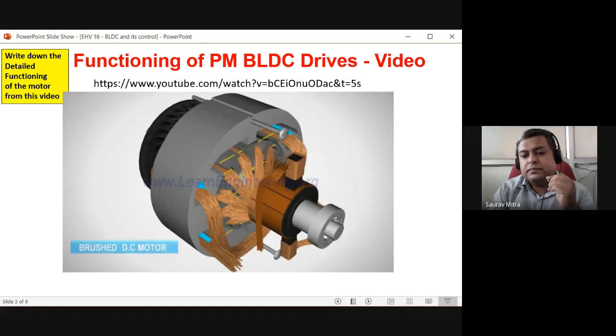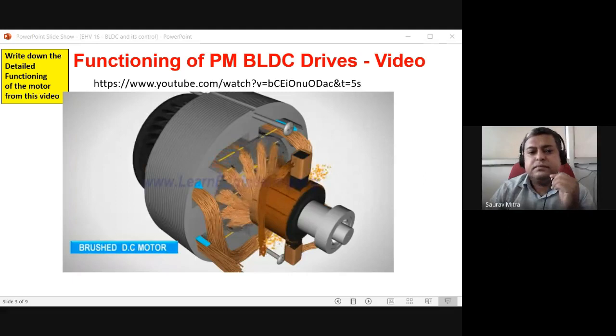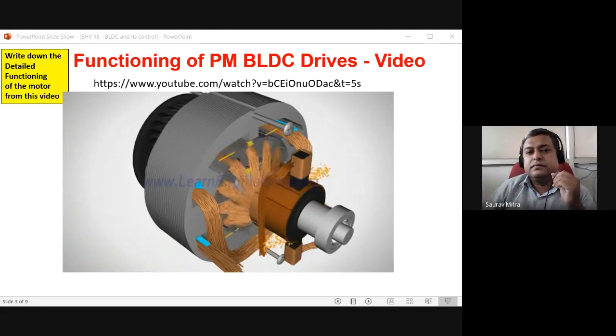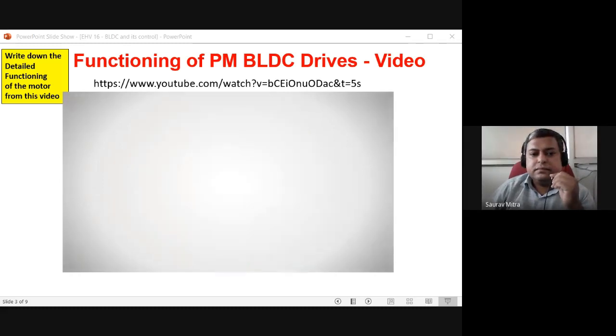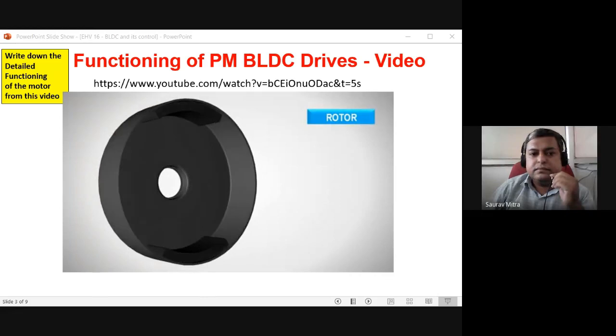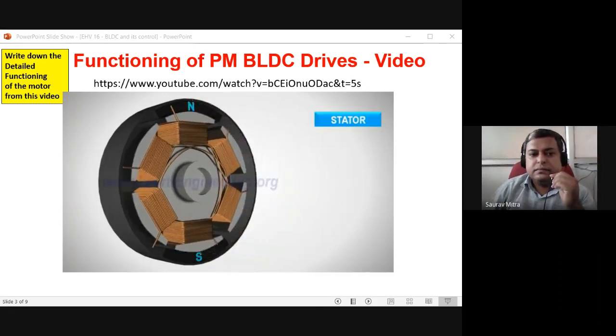The brushes in conventional DC motors wear out over time and may cause sparking. Thus, the brushed DC motor should never be used for operations that demand long life and reliability. Let's see how a brushless DC motor works. The rotor of a BLDC motor is a permanent magnet. The stator has a coil arrangement as shown.